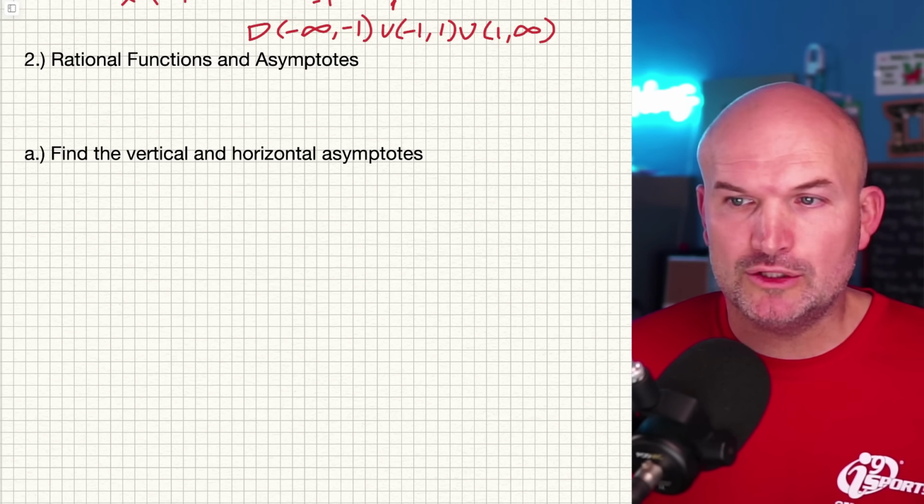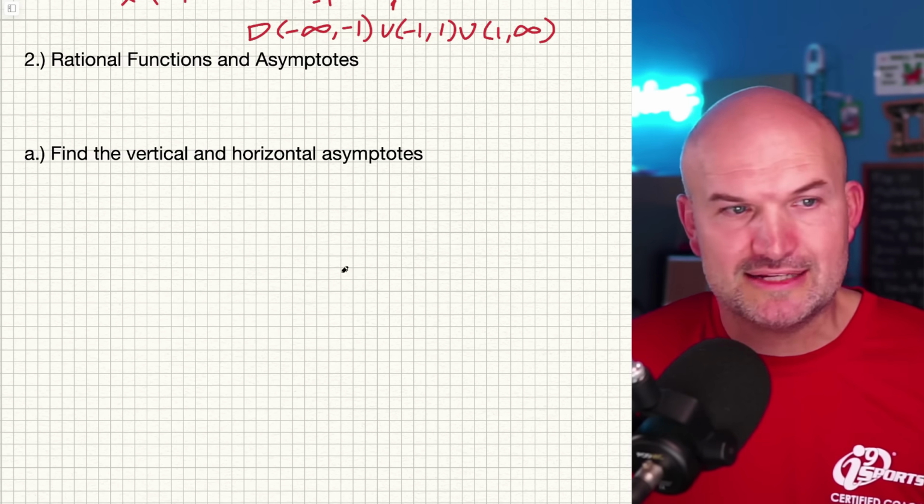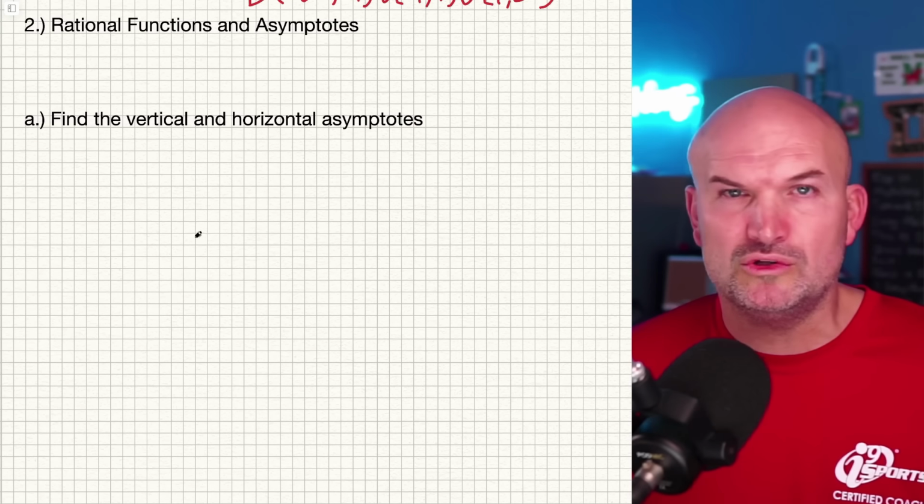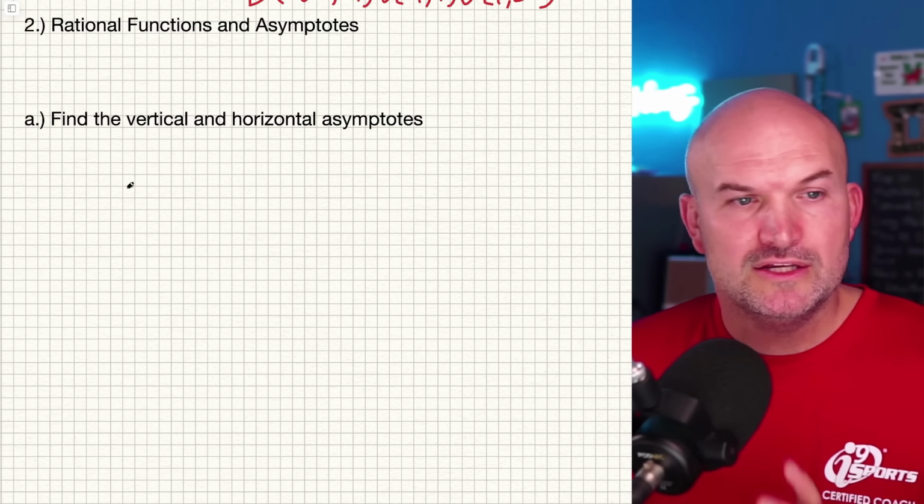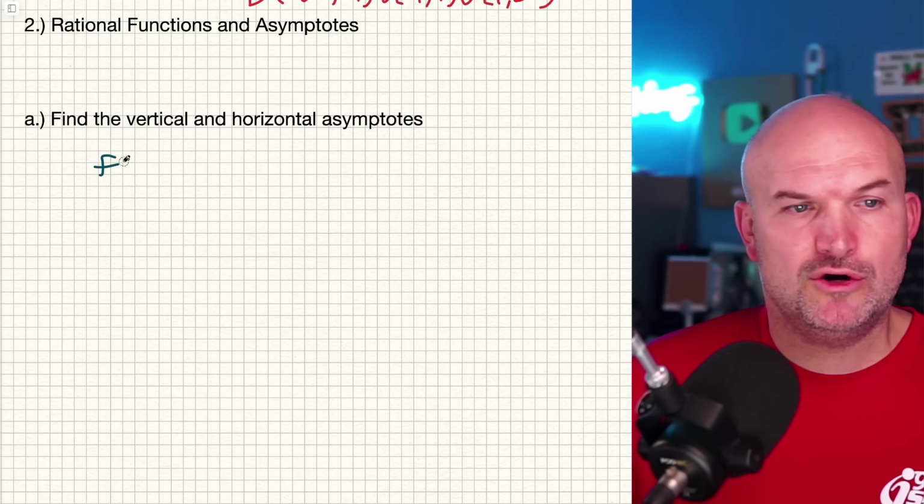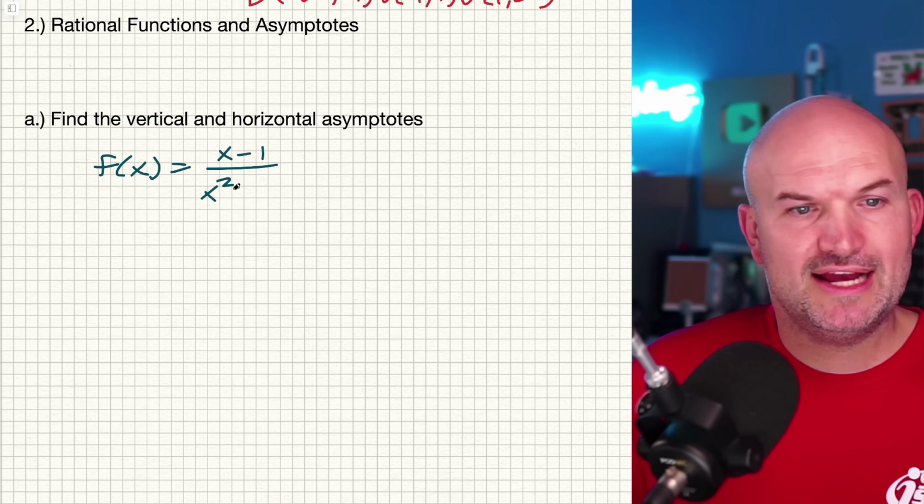But let's just go through a quick little review with vertical asymptotes and horizontal asymptotes. And then also I'll throw in a little topic about holes as well, because I think that's important. So it says find the vertical and horizontal asymptotes. So let's go over a function f of x equals x minus 1 all over x squared minus